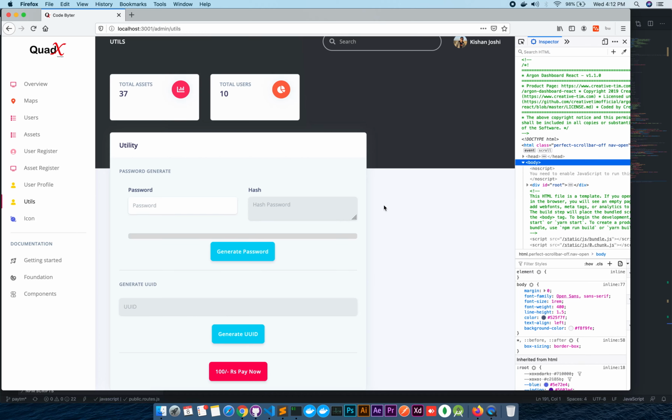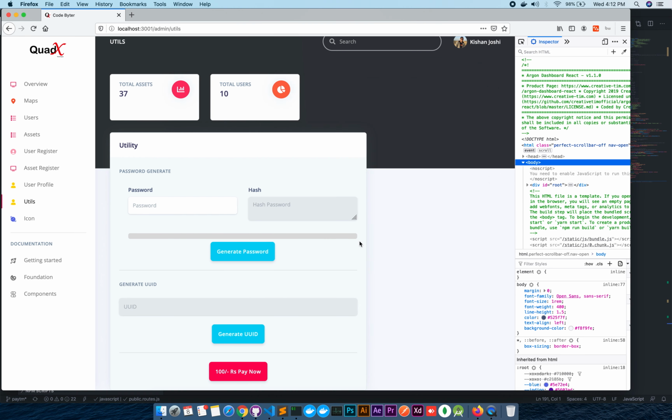Hello guys, in the previous tutorial we saw how we can implement the Paytm payment gateway, and in the current video we are going to see how we can implement the callback function from the Paytm payment gateway. Whenever we get the Paytm confirmation of the payment through the API, Paytm will send a POST request from the payment page to our server. So we have to implement that callback function.